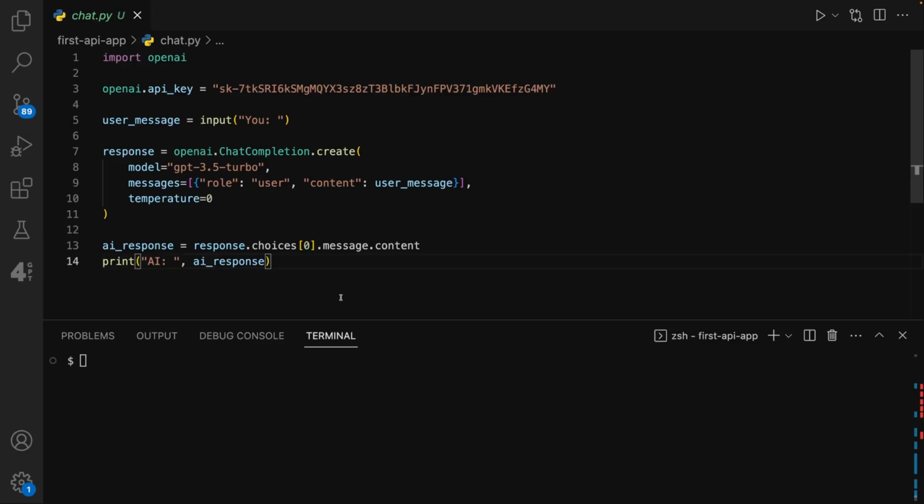The code here only contains minor updates. I just renamed completion to response, and instead of just printing the entire response, I stored the code to access the content of the response, we learned that already, in the AI response variable to then print this response with a nicer interface. So therefore, if we run this code now,